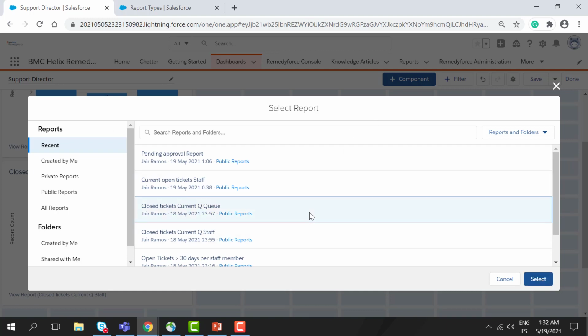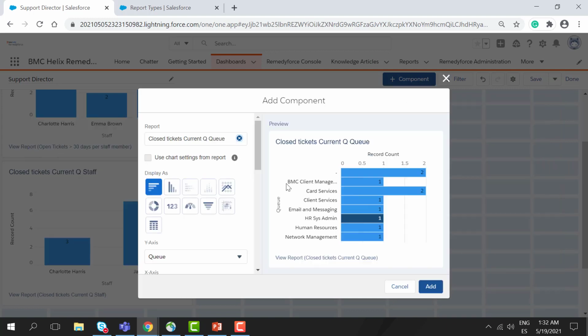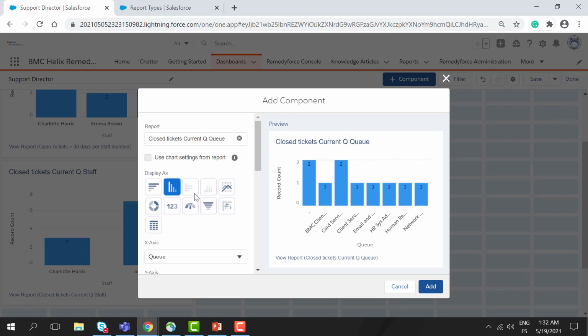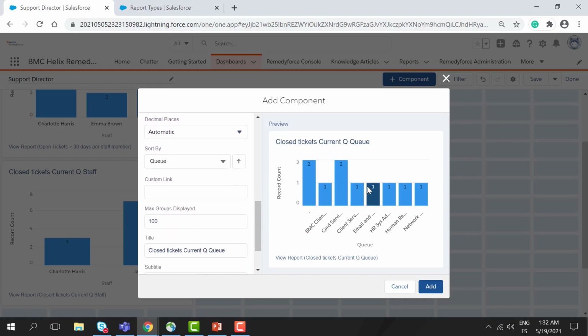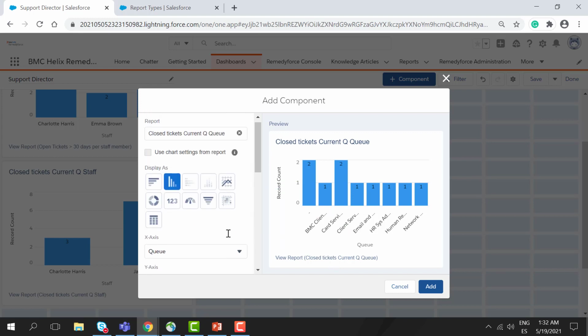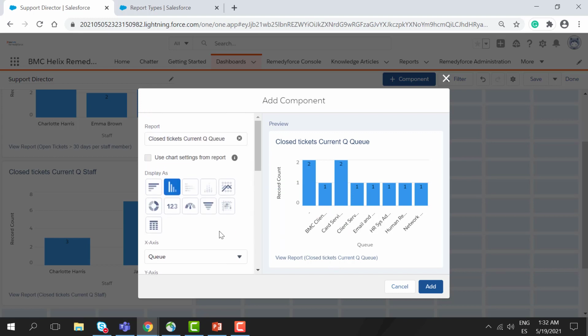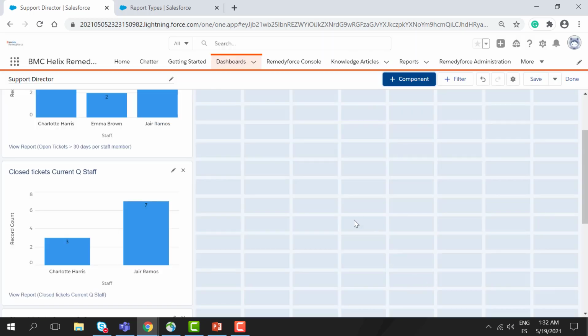dashboard, in this case closed tickets by queue on the current quarter. I'm going to select the vertical chart. You can see at the bottom on the x-axis the queue names, and also on the y-axis the total number of records. Let's click add,